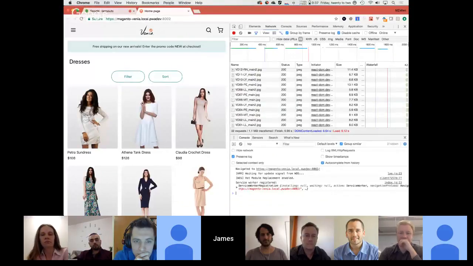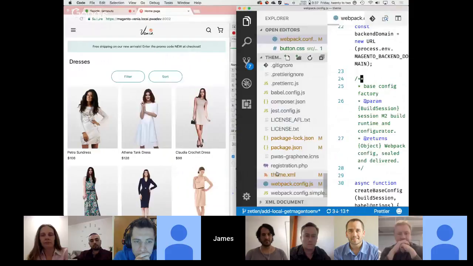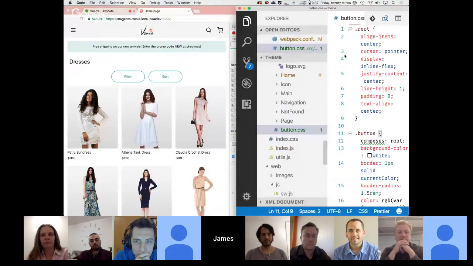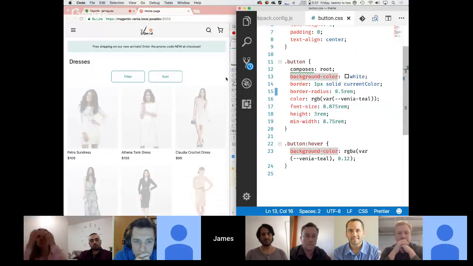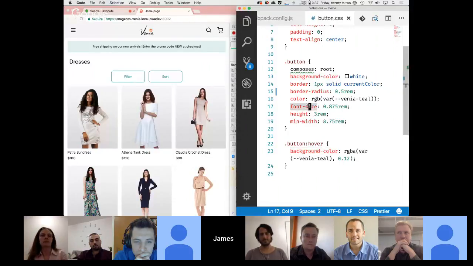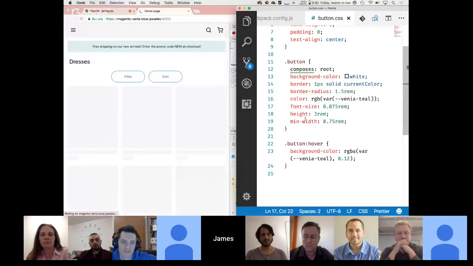So now we got some things that we can show off about this experience that Jimmy has already went through to some extent. I mean, here we are in this button CSS, and I've decided that those things look kind of ugly and too round, so I'm gonna save that and replace, and that was quick. In fact, it'll be quicker when we get the hot module reloading going for CSS modules, but that's something we're still working on. On the other hand, this also looks pretty terrible. It's a bad experiment, so I'm going to go ahead and reverse it out, and we're good to go.